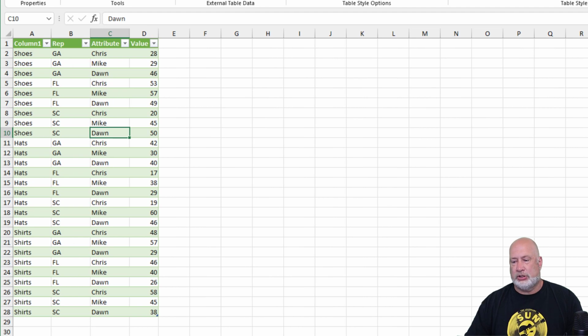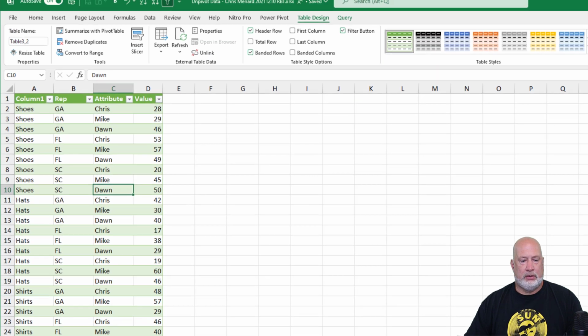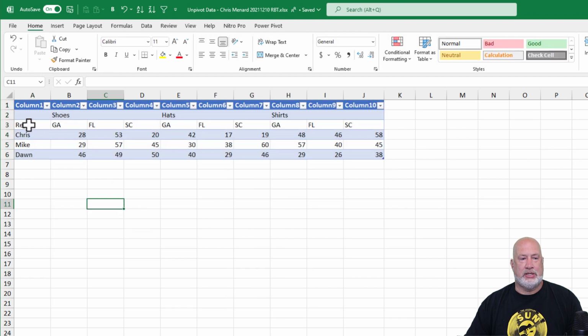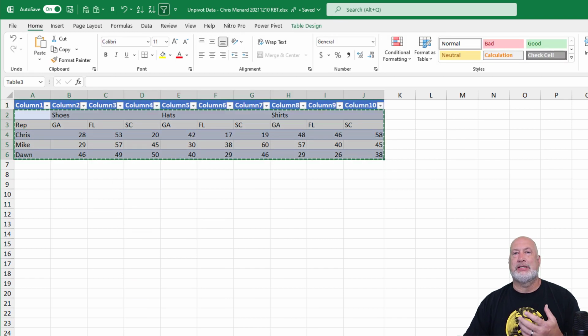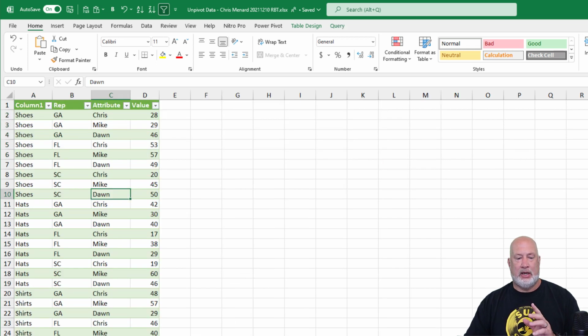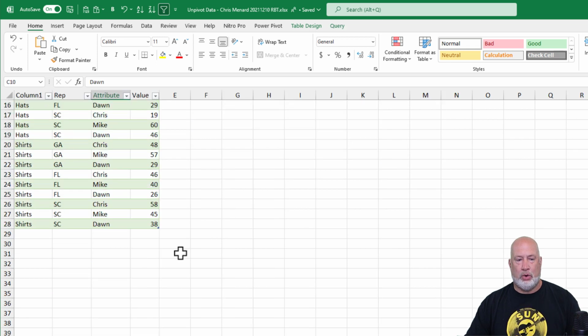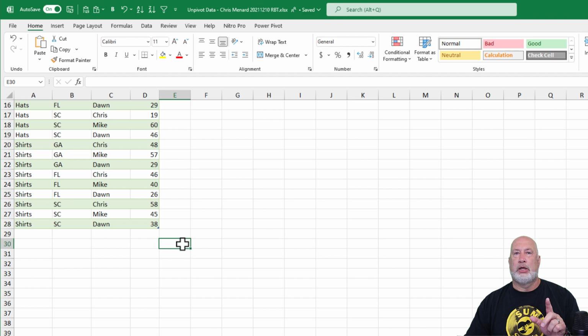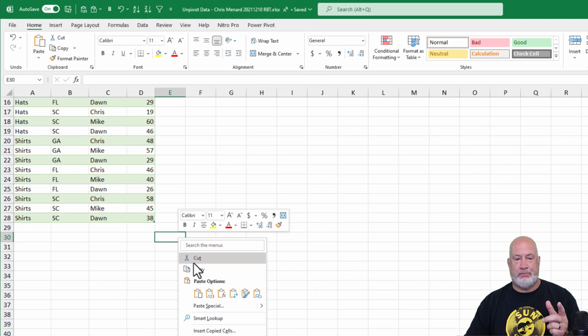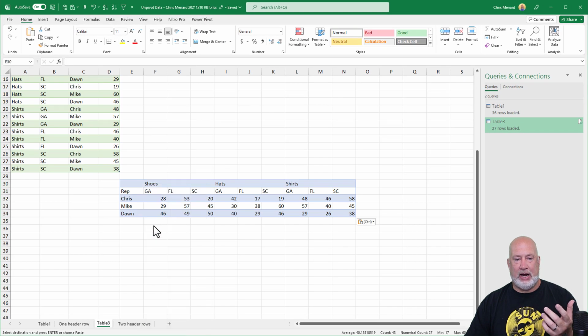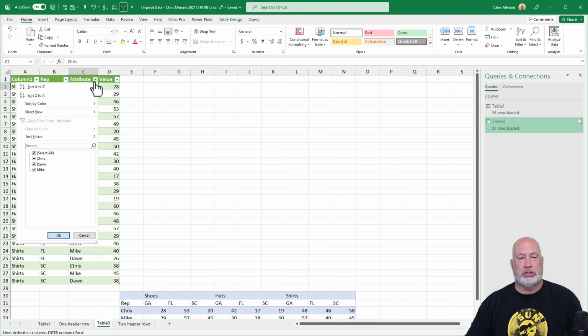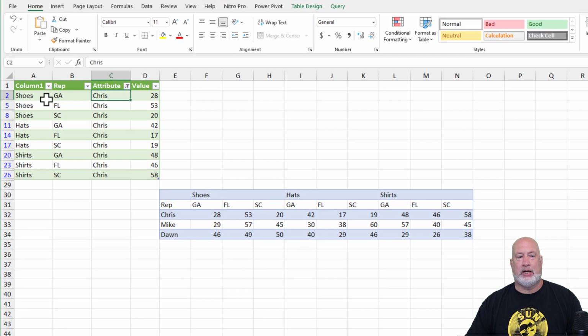Real quick, just to show you this, if you want to check some of this data, I normally don't do this because I've done this a lot, but if you're new to this, I would encourage you to do this. I went and highlighted my data. I'm going to go back to where it threw it in the new sheet, go below where it's at and just paste or paste values. I don't care. And then what I want you to do is just to filter by one item. I'm just going to filter by my name. Keep it simple.